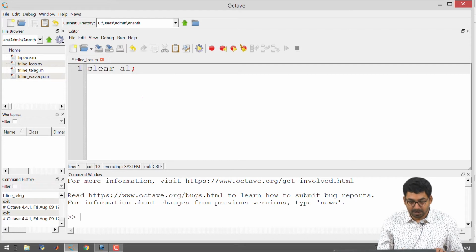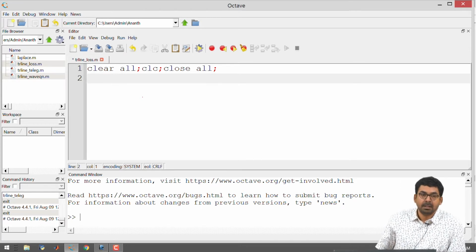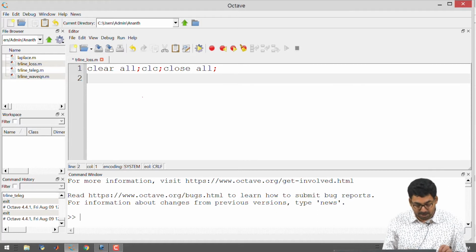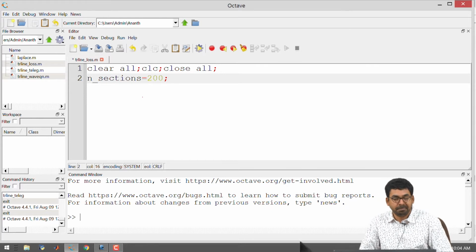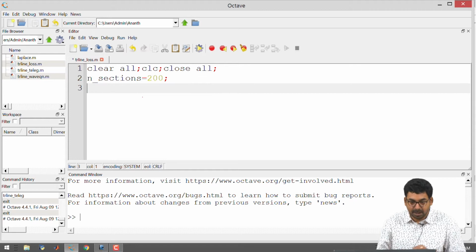Clear all the variables in the workspace. Clear the command window. Close all active figures. And we can begin with the transmission line section definition. So I am going to have 200 sections of a transmission line. And corresponding to these 200 sections,